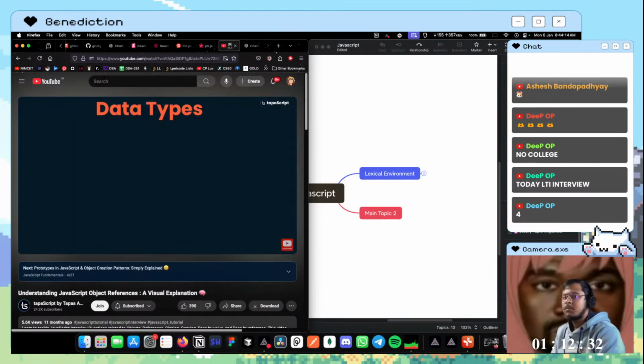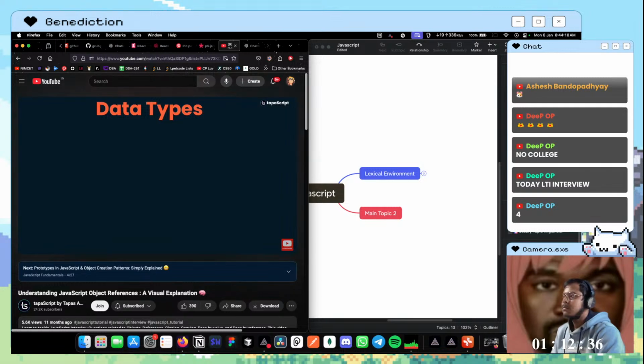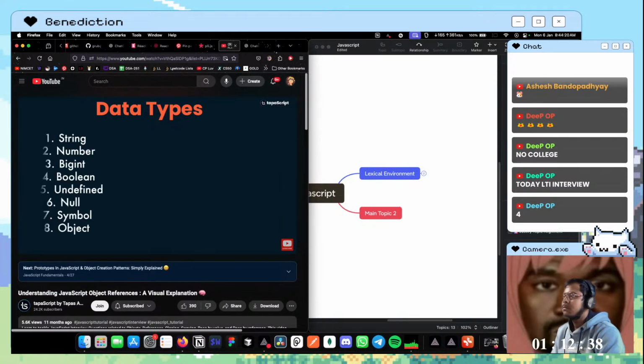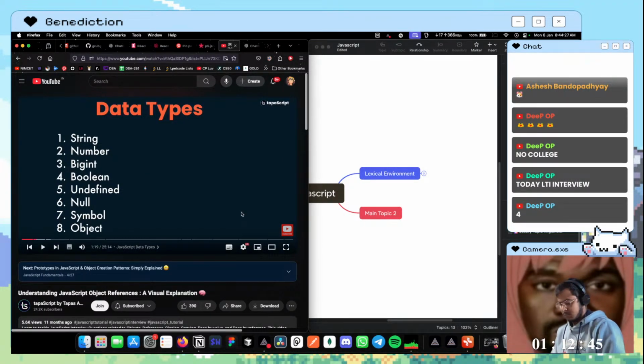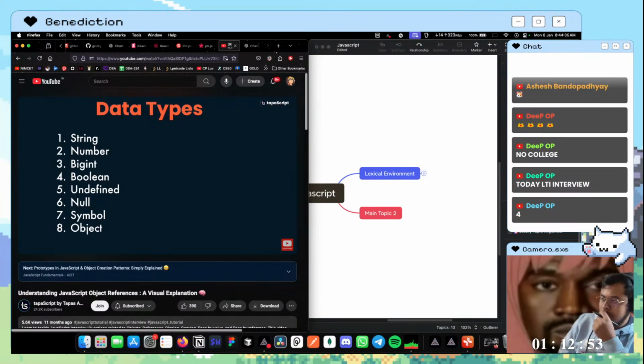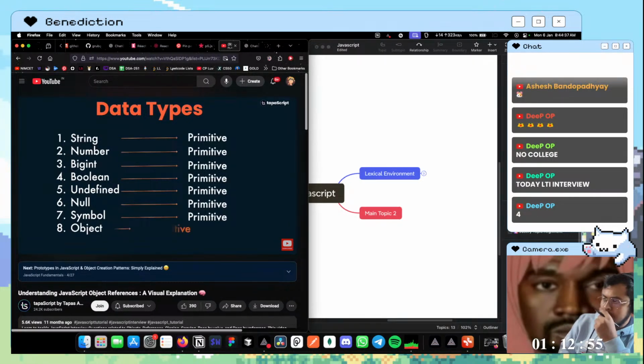I believe in understanding fundamental programming concepts before syntax. That's the reason we'll get started with data types, the core fundamental things in JavaScript. So what are the basic JavaScript data types? There are 8 JavaScript data types: string, number, bigint, boolean, undefined, null, symbol, and object. Among these, they're classified into 2 different sections. The first 7 are called primitive types, and the last one is a non-primitive type.